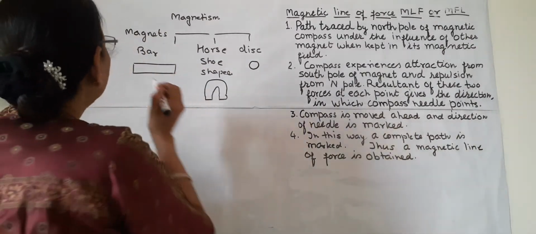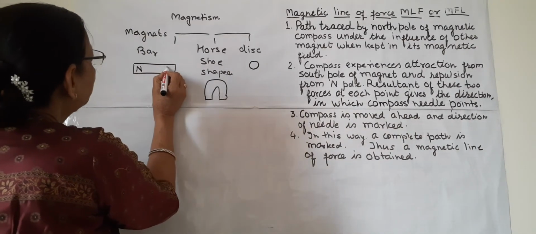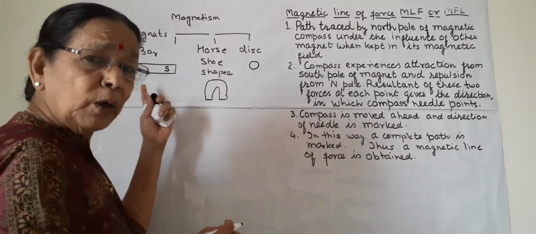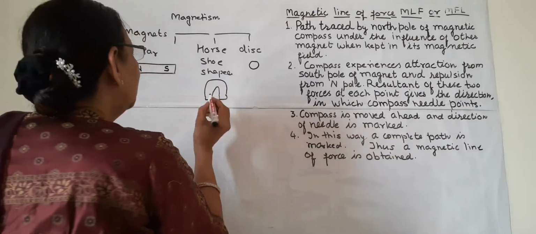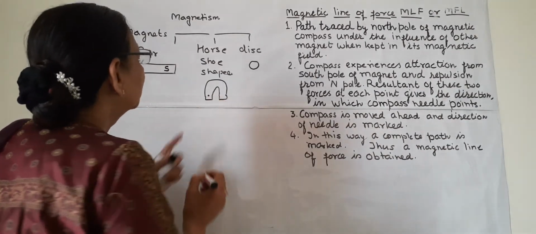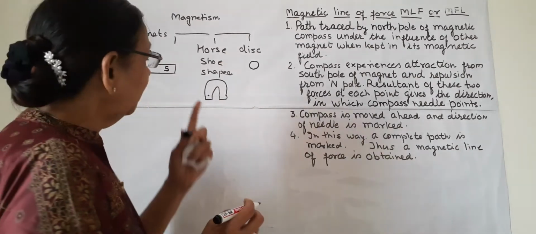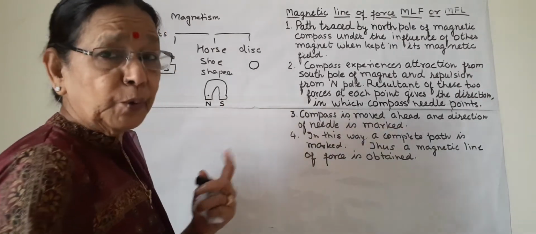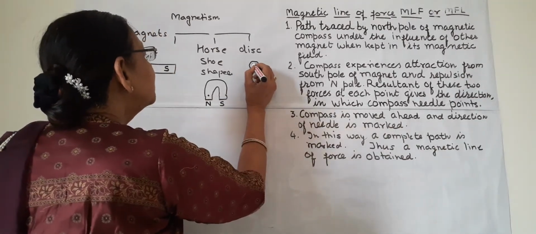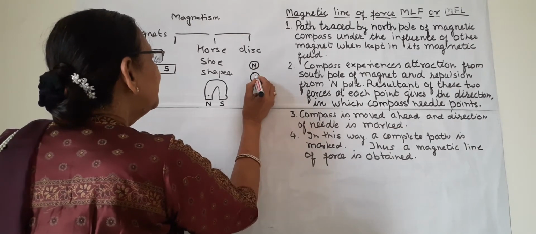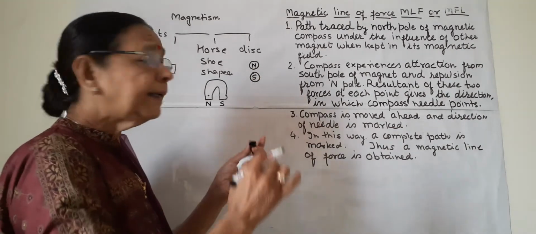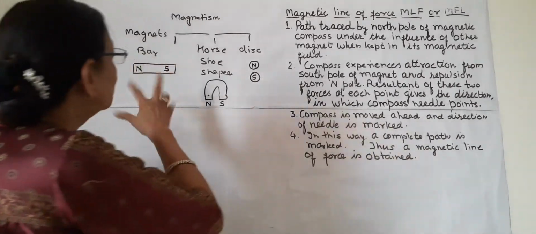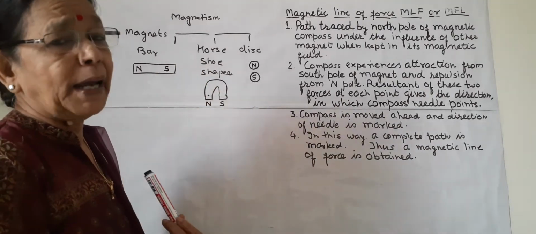The disc magnet you have just seen is like a small coin. Each magnet has one north pole and one south pole. Two poles are there, one is known as north, the other known as south. If we purchase it from the market, a small white dot is there to show which is the north pole and which is the south pole. In a disc, one face is north and the reverse face, as in a coin, head and tail. So head is north and tail is south pole. In this way, two poles are there on a magnet.